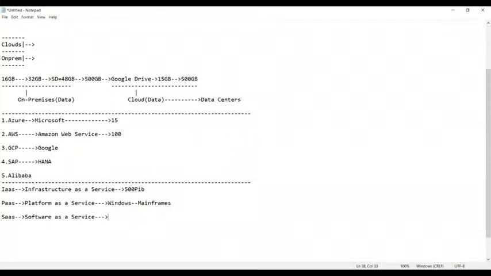Suppose you require some software to work in your environment, such as some applications. Whenever you require an application on your mobile phone, what do we do, guys? Tell me now. Go to the Play Store and download it.